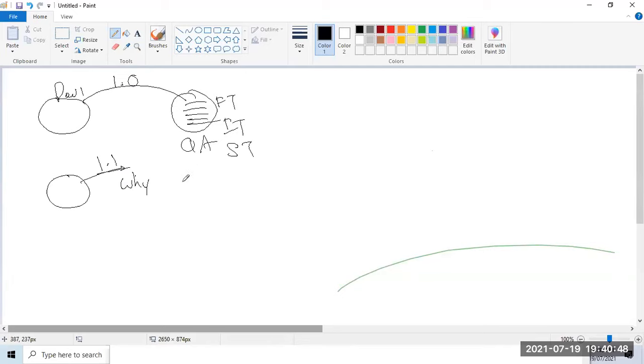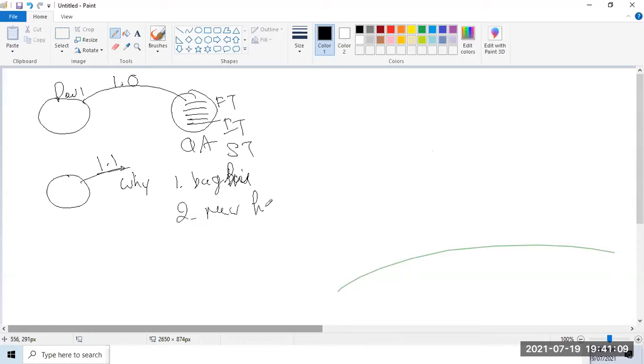Very good, Sharath. One person said bug fix. Very good. Rupali, Madhuri, Sukanya, Mukta, very good. So one is bug fix. Second is new feature.